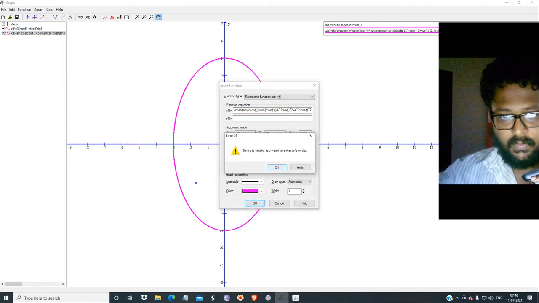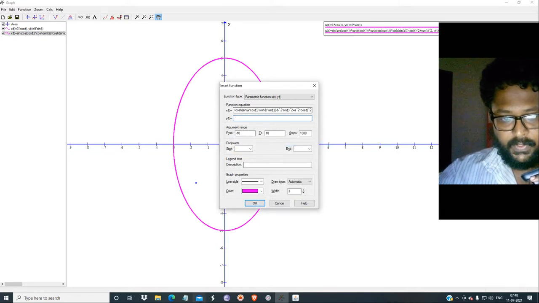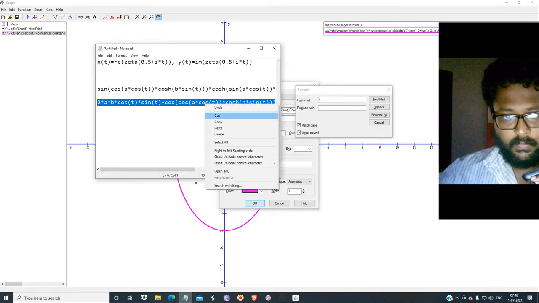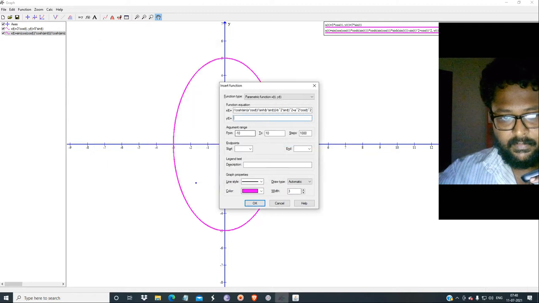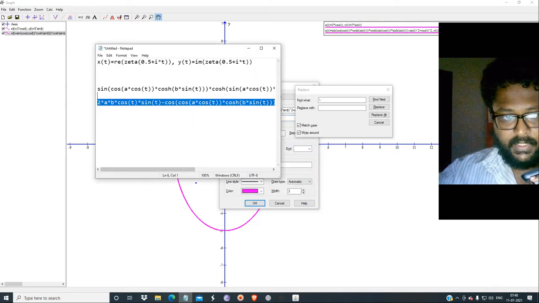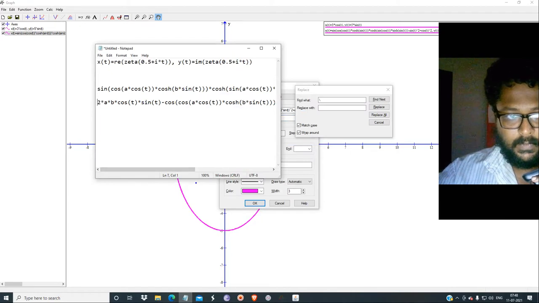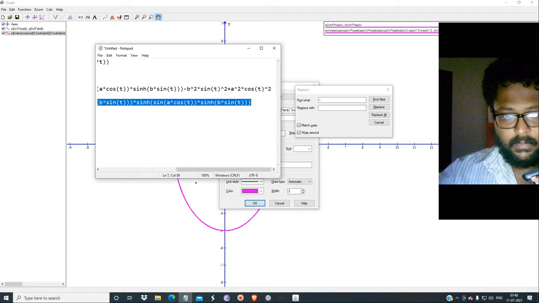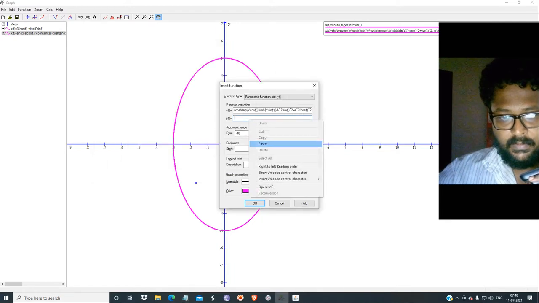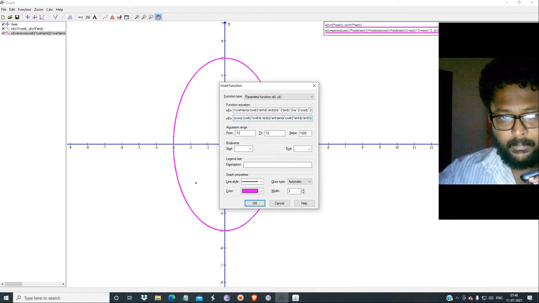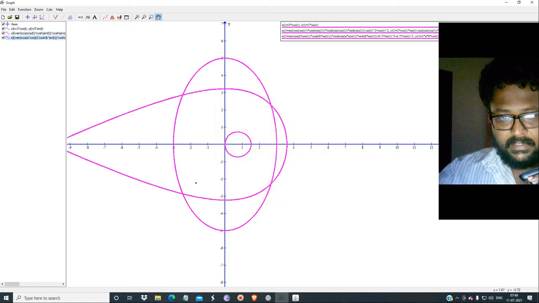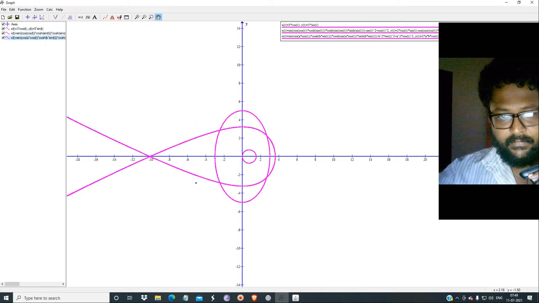The formula is empty, so it is telling that it's not being copied. I don't know why. So let's copy this and then click OK.